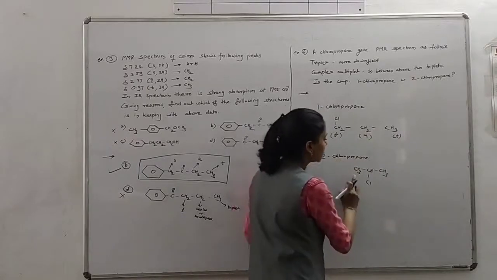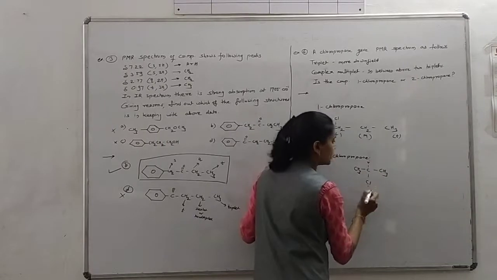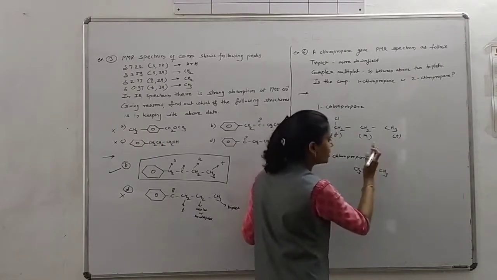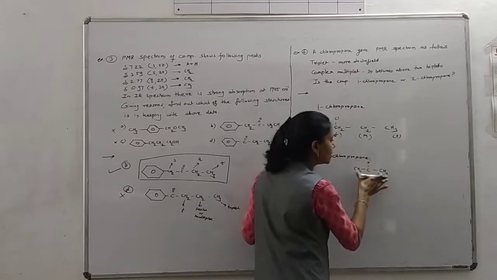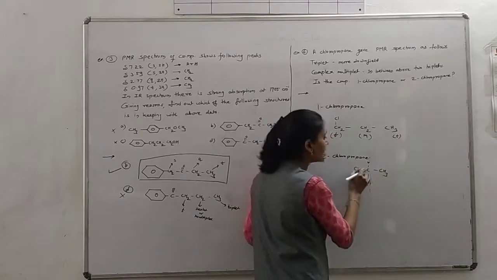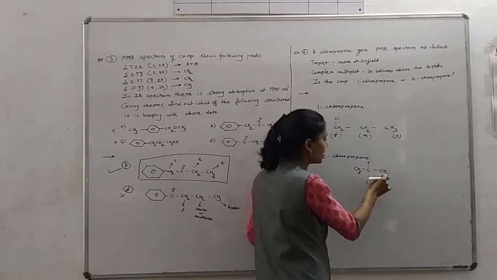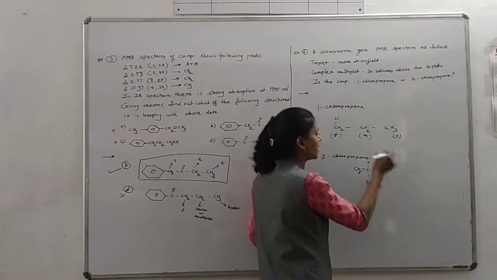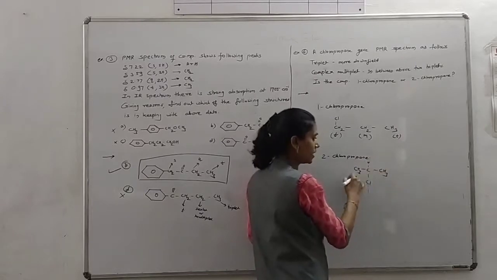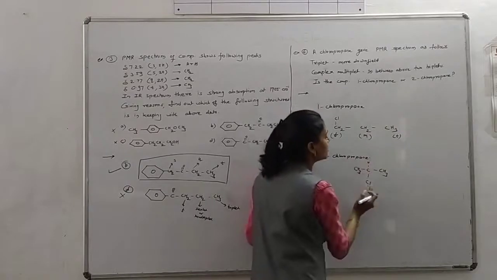In this case, actually there is the symmetry. Draw the symmetry here, then its environment is the same. That means this CH3 is attached to that carbon atom which is attached to carbon, hydrogen, methyl group, chlorine. This methyl group again is attached to that carbon atom which is attached to hydrogen, chlorine and methyl group. That means these two CH3 groups are similar when we draw the symmetry.